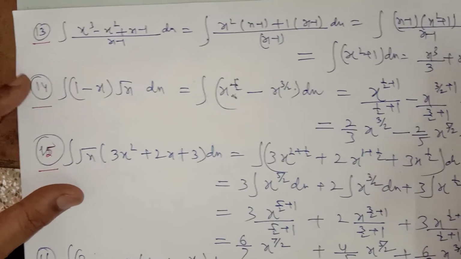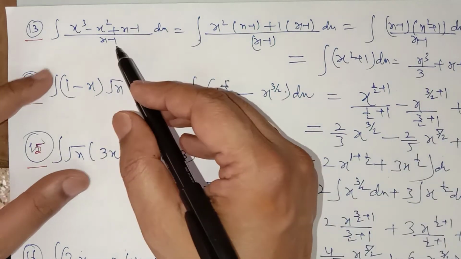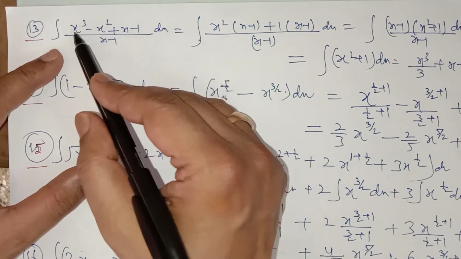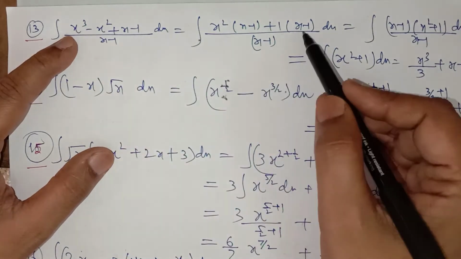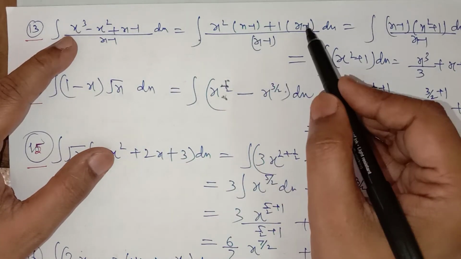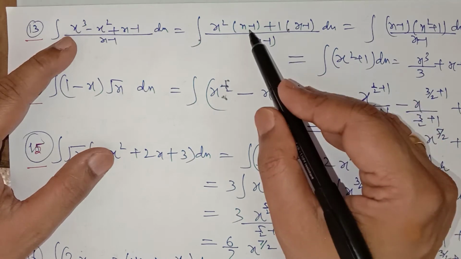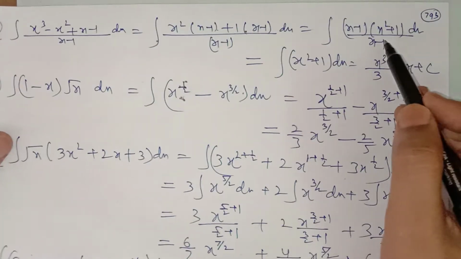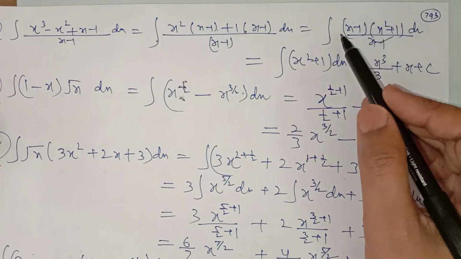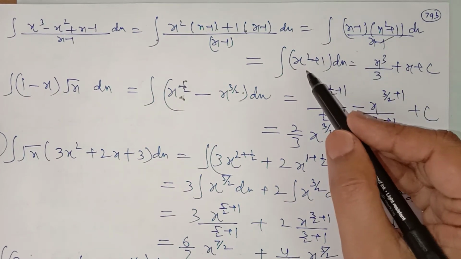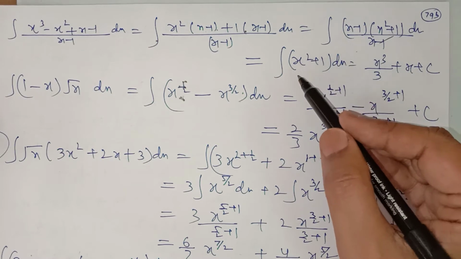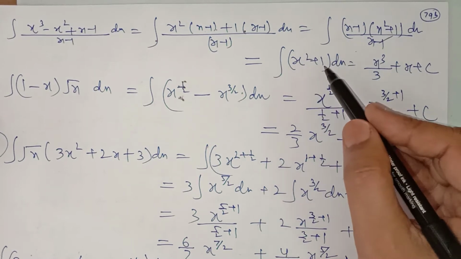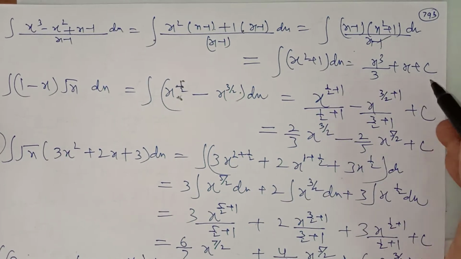Now in question number 13, again you have to divide a fraction, try to simplify it. You can factorize the numerator, taking x square common in the first two terms, 1 common in the last two terms, taking x minus 1 common in the first and the second. So it will become x minus 1 into x square plus 1. x minus 1 will be cancelled out with x minus 1. So simply you have to integrate x square plus 1, which will equal x to the power 3 upon 3, that is n plus 1 upon n plus 1, and integration of 1 is x plus c you have to write.